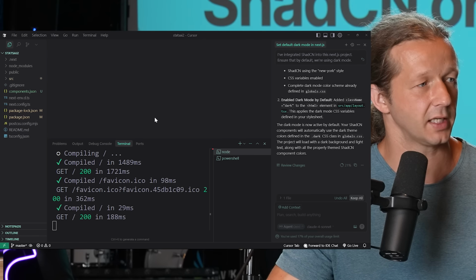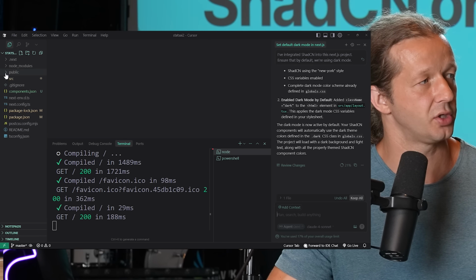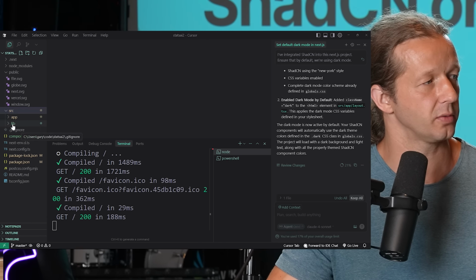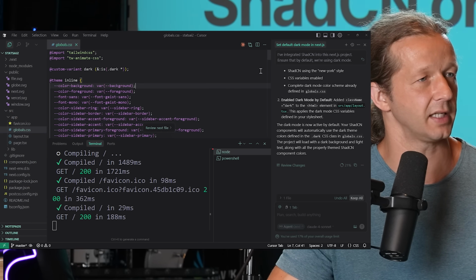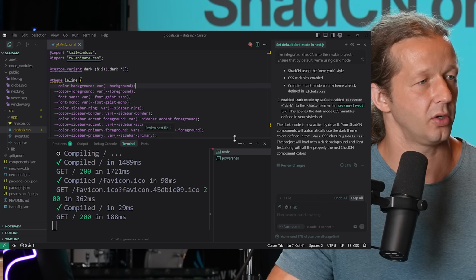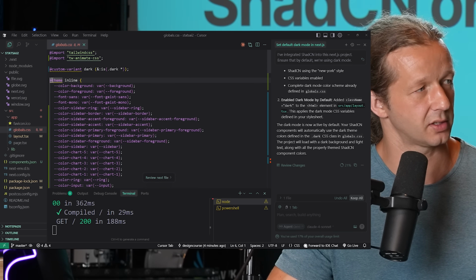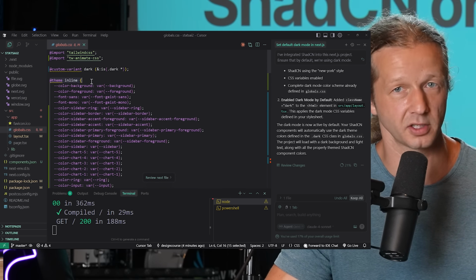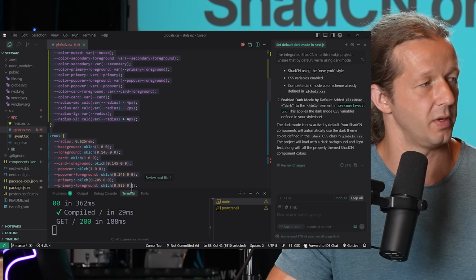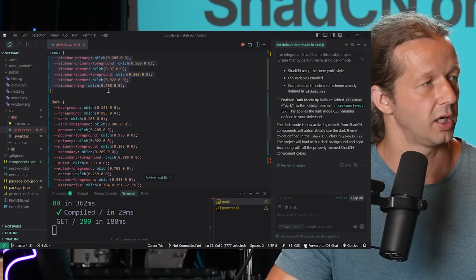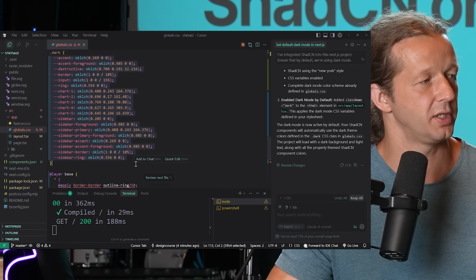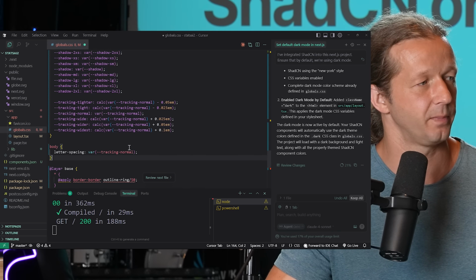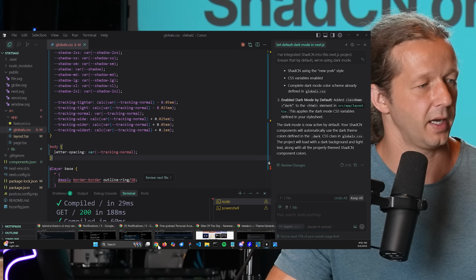Now, once that's copied, we want to go into our source folder, app folder, globals.css. Then we select the theme inline selector, which is one of the selectors that we have already ready to be pasted, the root selector, and the dark selector. Once we do that, we're going to hit Control V and save it. Now, if we go back